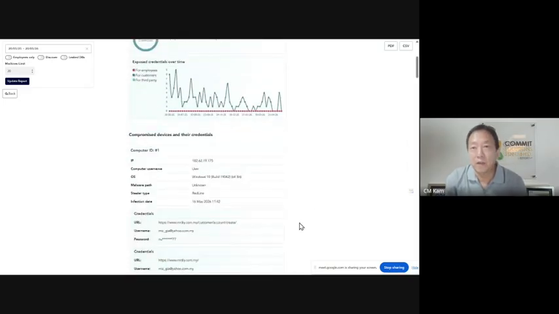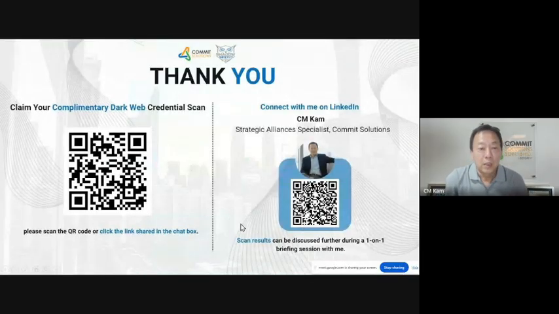So this is a sample of what we do in a scan. If you enter your information based on what I shared with you earlier, we'll do the same scan for you and send you the result based on the information you enter. If you give us your email in there, we'll send it to you, and we can discuss whether it's required. So that's about what I have to share with you today.